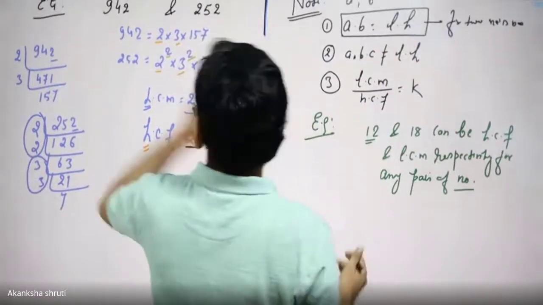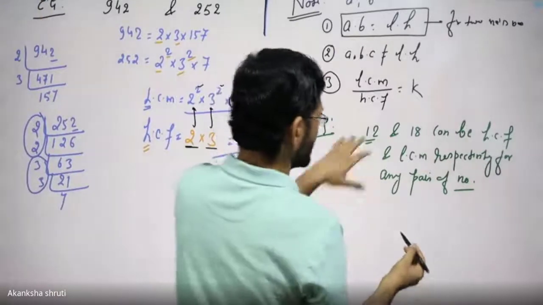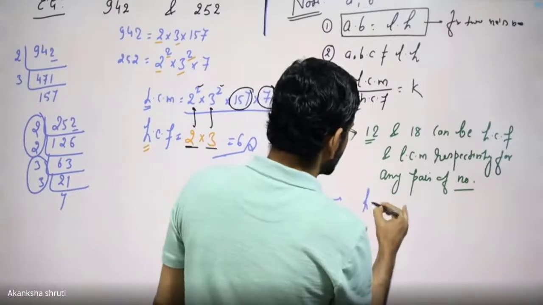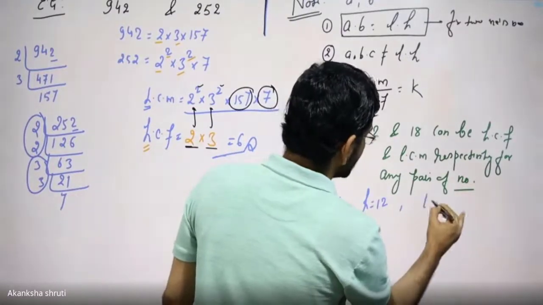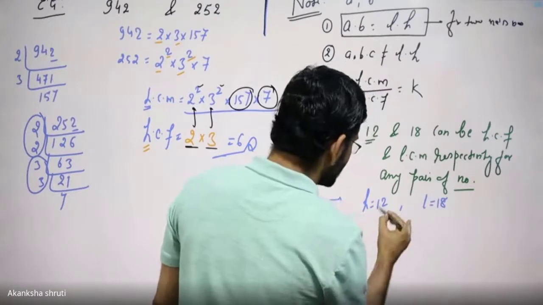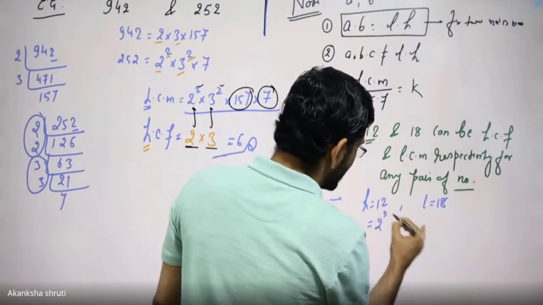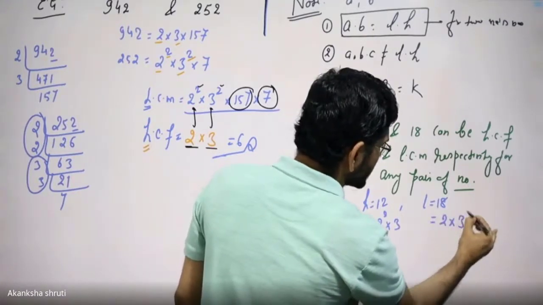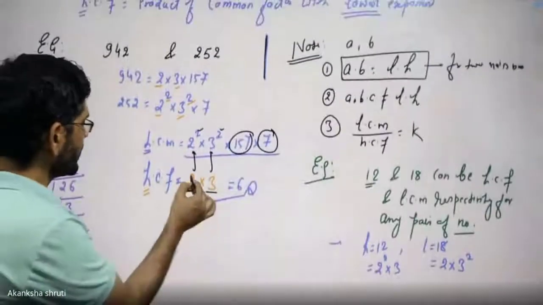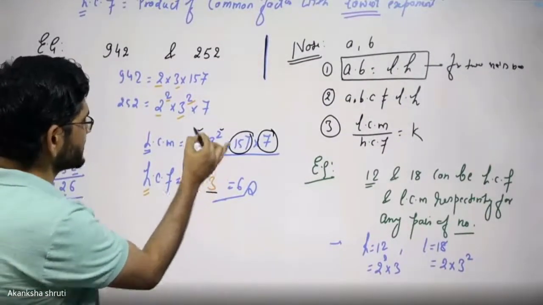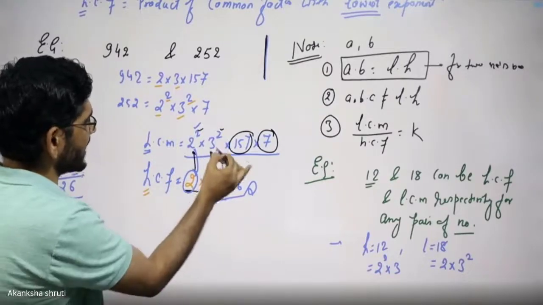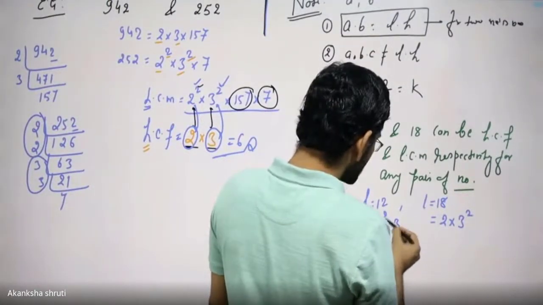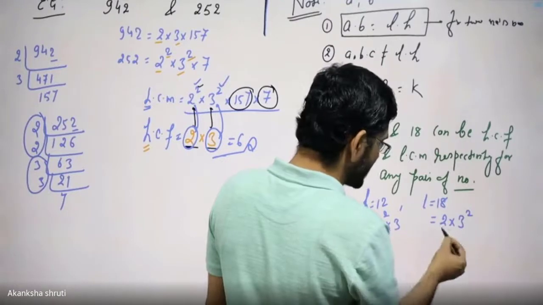Students, see here, very simple thing. It is asked in MCQs and even in various competitions also. Here our HCF is 12, but LCM is 18. If we are factorizing, this 12 is 2 square into 3. This 18 is 2 into 3 square. Keep in mind, if we compare here, whatever this 2, that was present with the higher power in this. Whatever this 3, their higher power than this 3 is present. But in this case, what are we getting? This 2 square means 4 is there, but here only 2 is there.